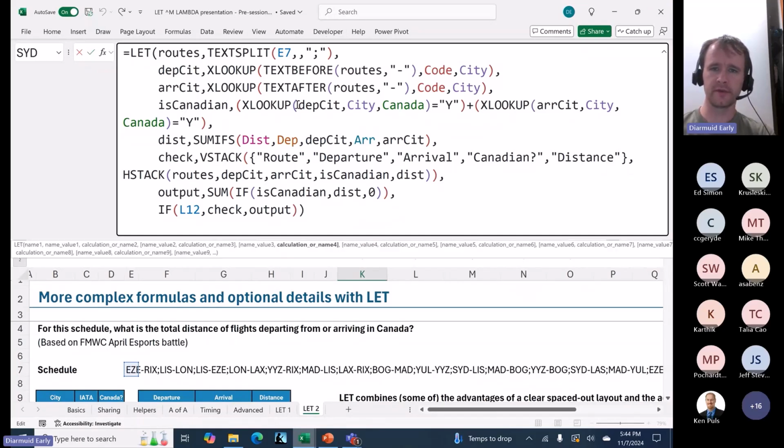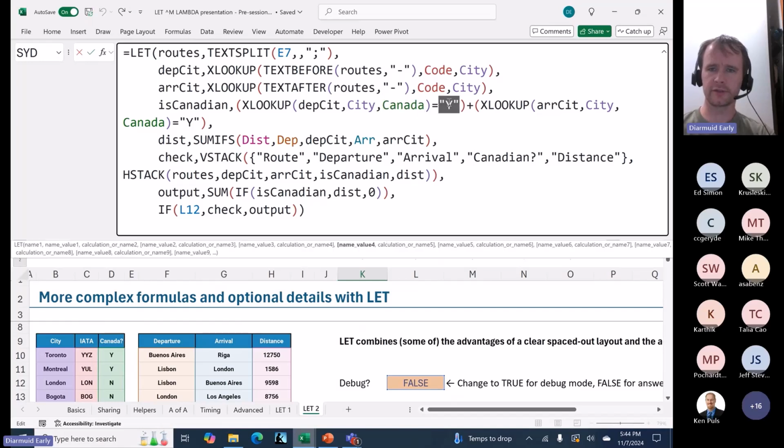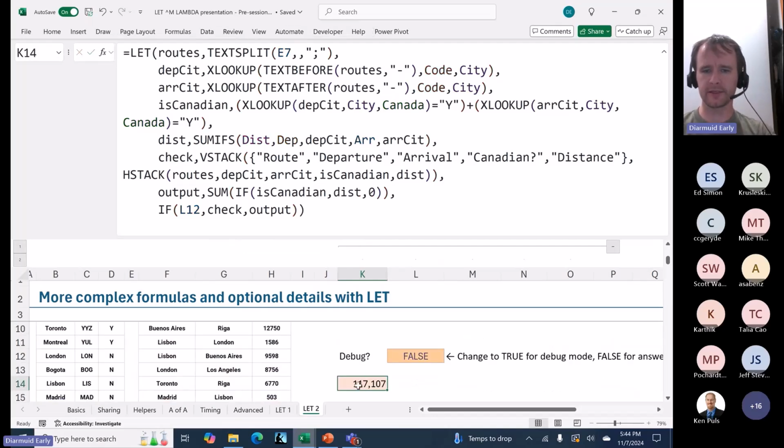Check if it's Canadian. So look up the departure city in city returning from the Canada column in the lookup table. Is that true? And same thing for the arrival city. Is that true? And then you can say distance, again, same as before, sum of this column where this is the departure city and this is the arrival city. And then ignore check for a second, and then the output is just sum of if is Canadian, then distance, otherwise 0. And that tells you, okay, bang, the answer is